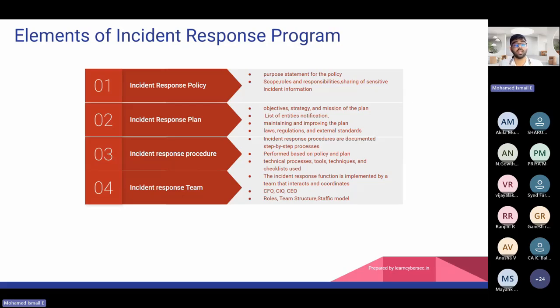These are the baseline. Take this information. You need to draft a plan as a security officer. You need to draft the plan for the company. At the same time, we need to adhere to the law of the land. For India, you need to follow Indian laws. For Europe or the US, you need to follow the respective countries' laws while defining the incident response plan.